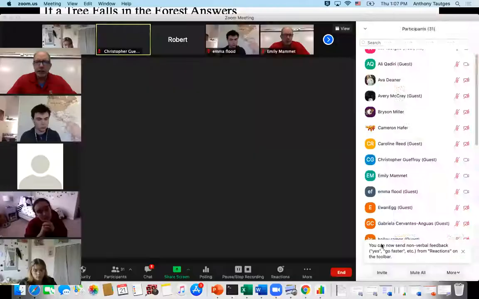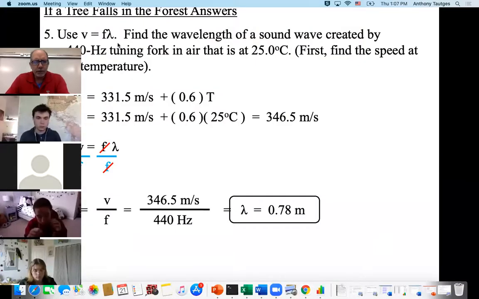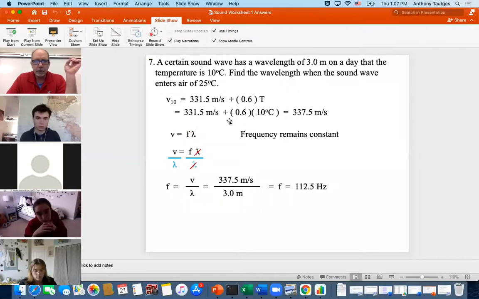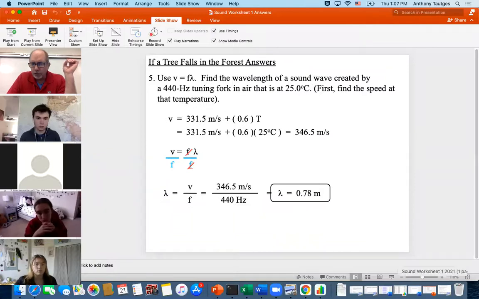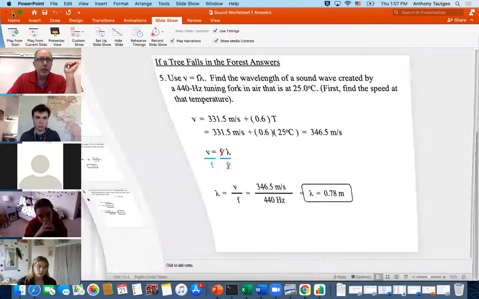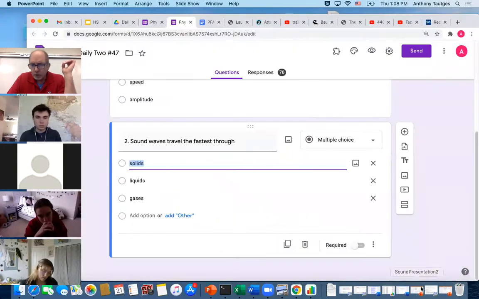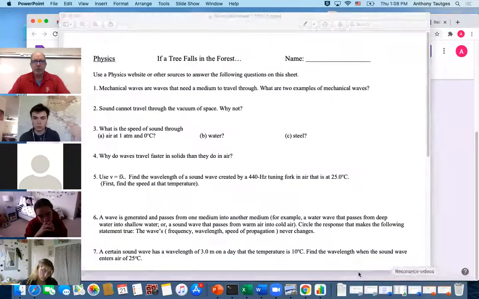All right, sharing again. Getting back into this. Escaping out of this though, because I think the next one, I've got to go to number 6 on my... Oh, where'd it go? No, that's not it. Sound worksheet 1. Okay, sorry.